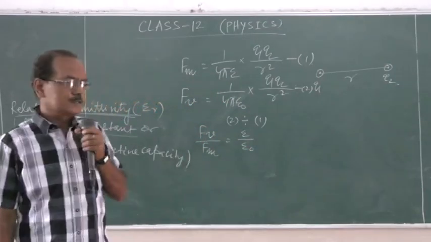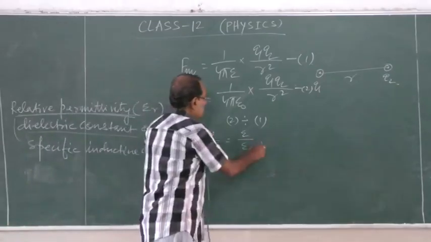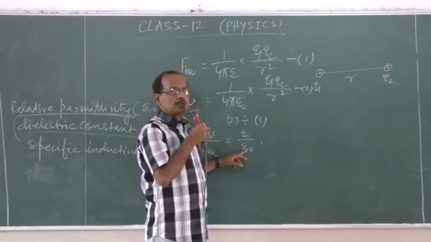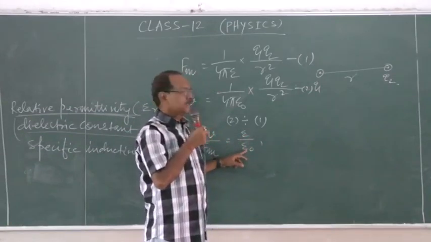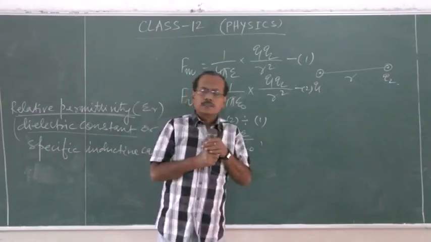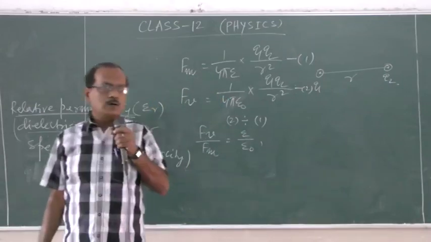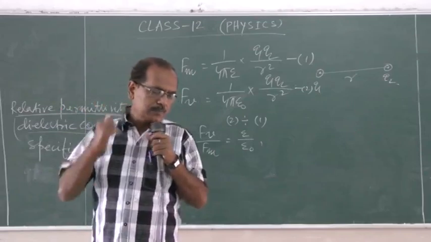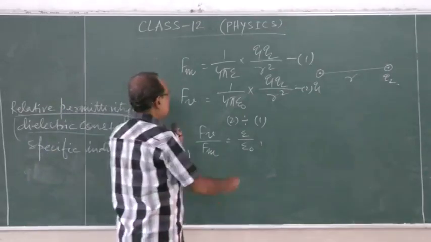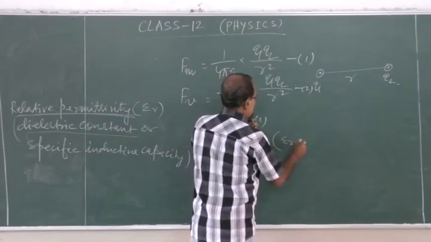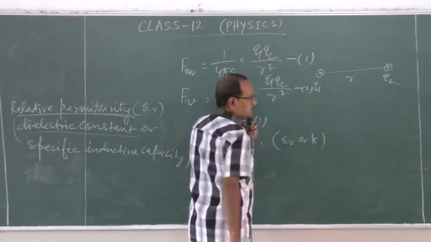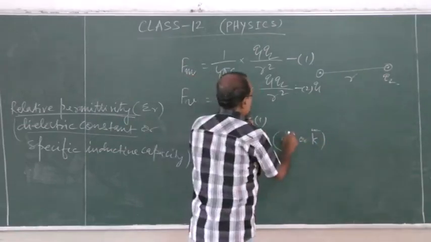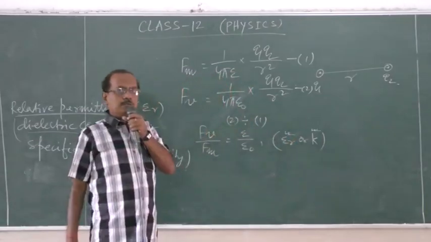This is the permittivity of the medium relative to the permittivity of vacuum or free space, and this is known as the relative permittivity of the medium. It is denoted by epsilon r or small k. This k we write for dielectric constant, and epsilon r we write for relative permittivity. Both terms